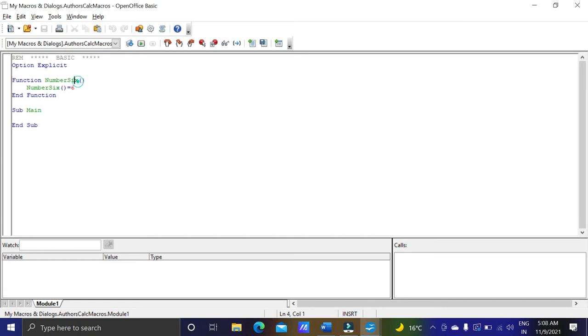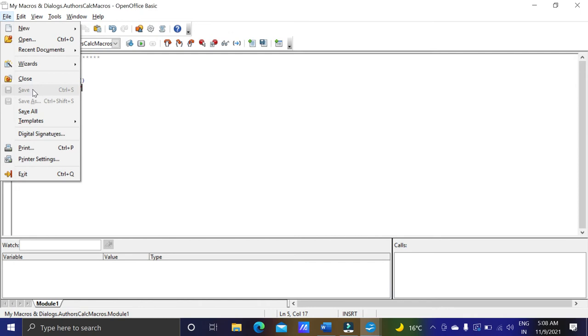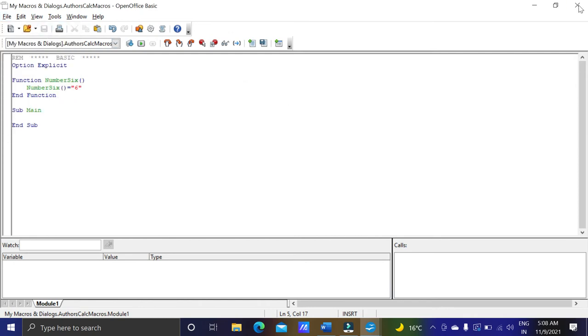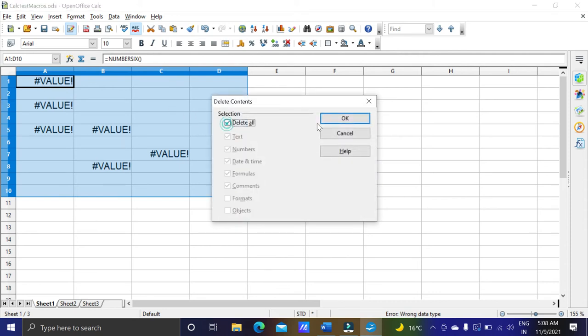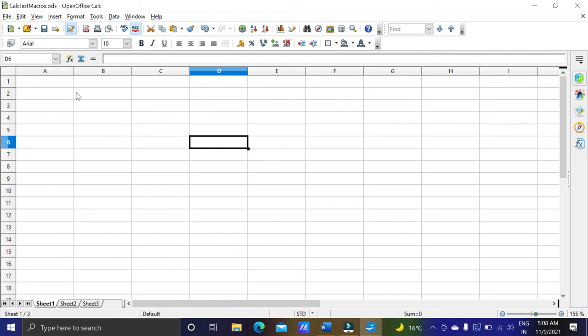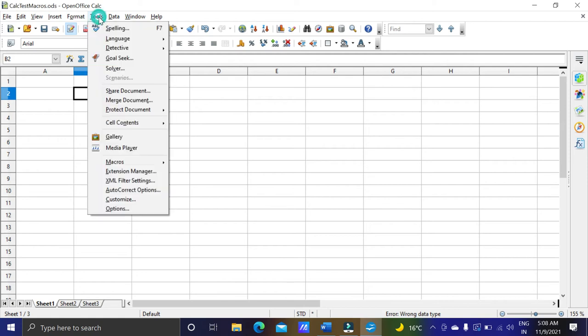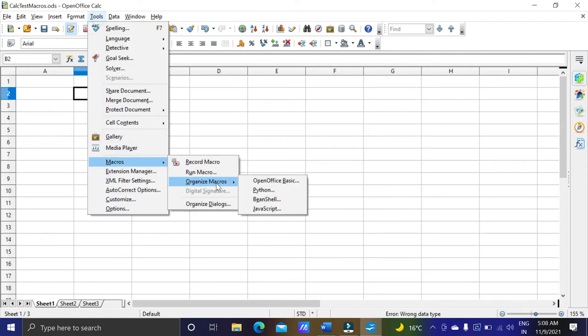I want to create one function, and let's write number6 equals to 6. Still there's a problem of value. So why is it happening?